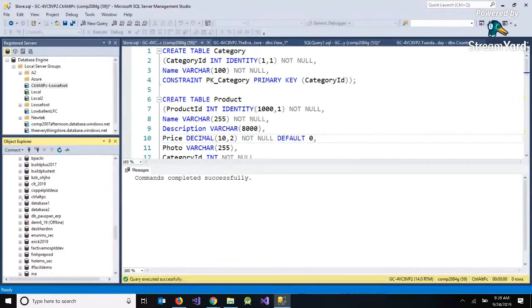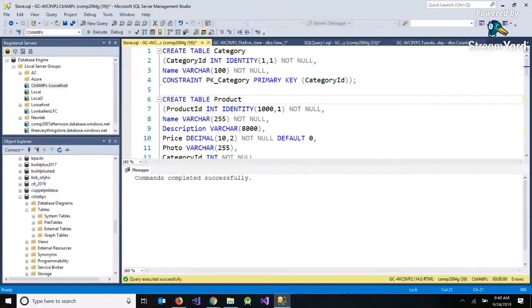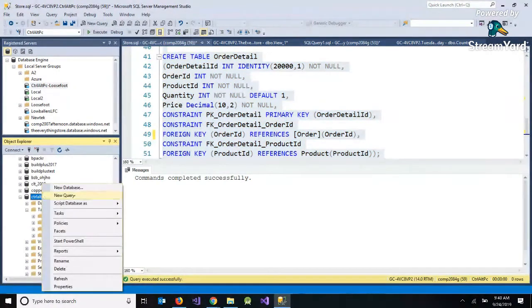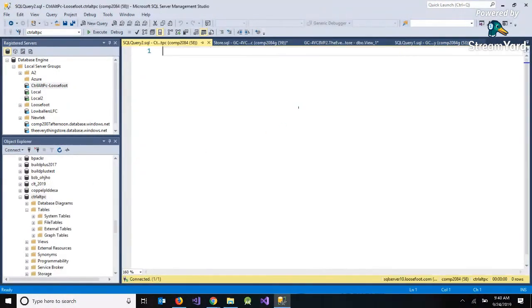I created the Control Alt PC database already, but I need to run this same script on that database because it's empty. So I'm going to create the tables. You don't need to do this. I'm going to do this part. So I'll just copy my script. And if I right click and choose new query,